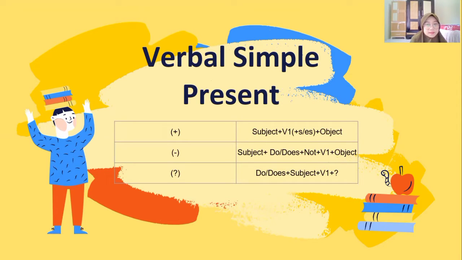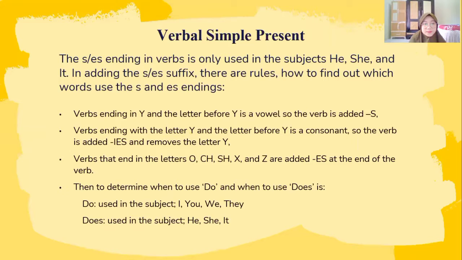And next, the s or es ending in verbs is only used in the subjects he, she, and it. In adding the s or es suffix, there are rules how to find out which words use the s and es endings. Jadi akhiran s or es pada kata kerja hanya digunakan pada subjek he, she, dan it. Dalam menambahkan akhiran s atau es terdapat aturannya. Cara mengetahui kata apa saja yang menggunakan akhiran s dan es adalah